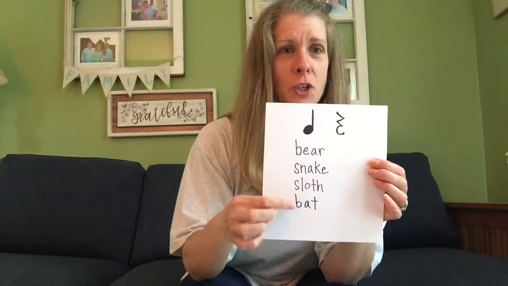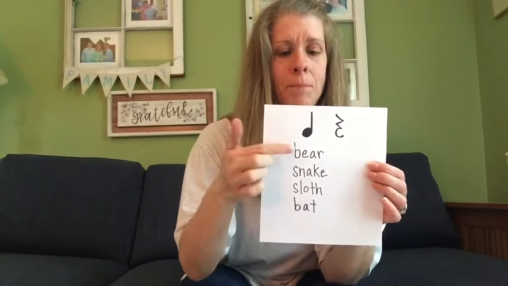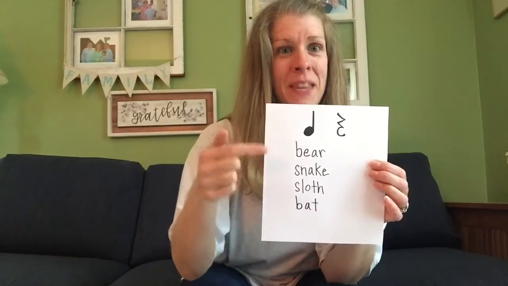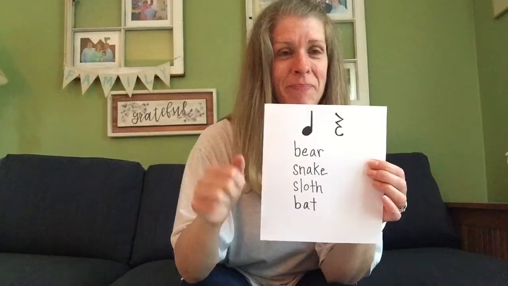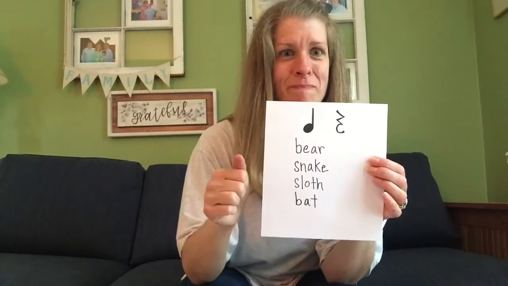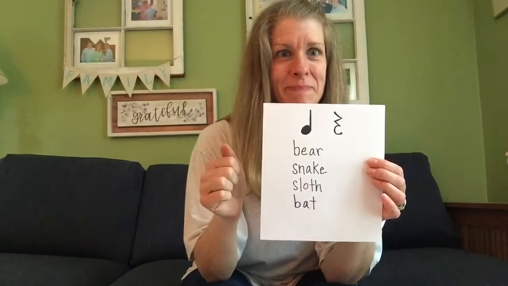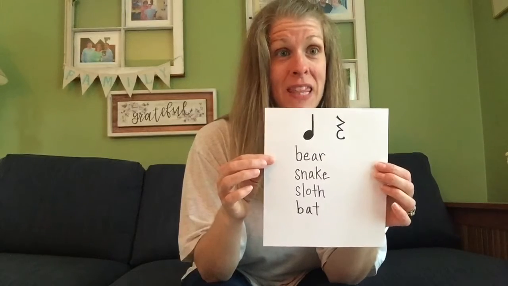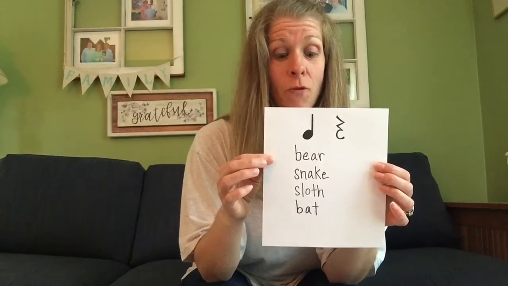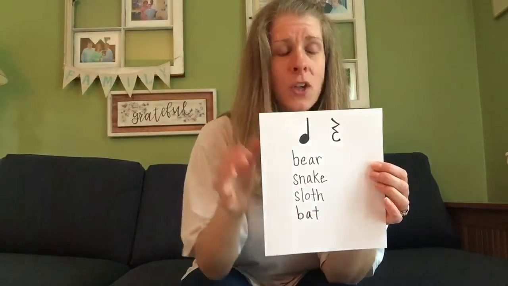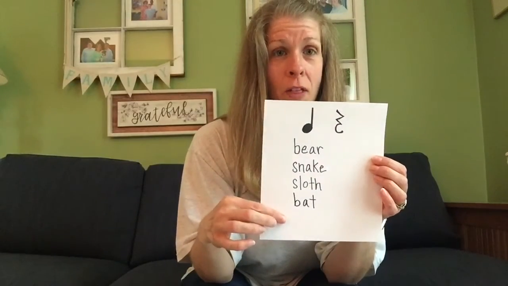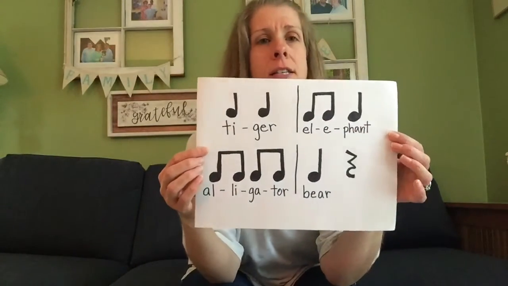The animals I chose for ta are bear, snake, sloth, bat. And again, you could maybe think of a different animal for the ta rest, or you can use one of these. All right, so I did one and I put them all together on a chart,